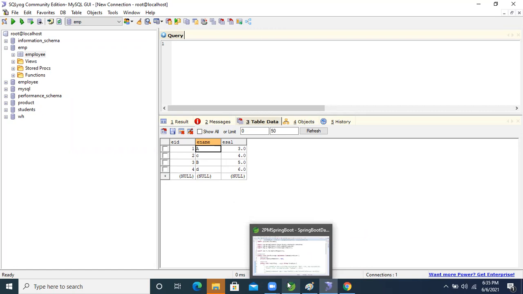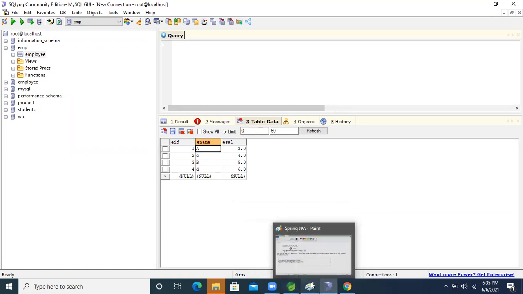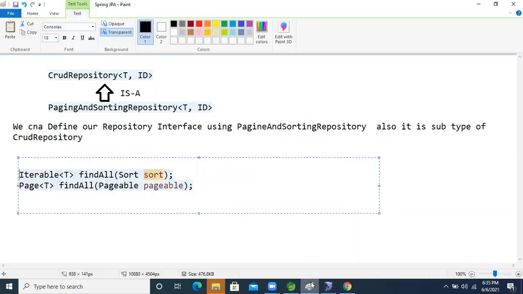For this kind of operation, which method will we use? We will use findAll with sorted format.